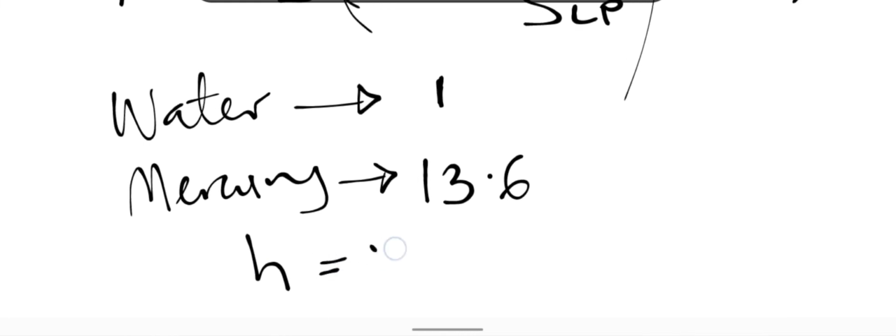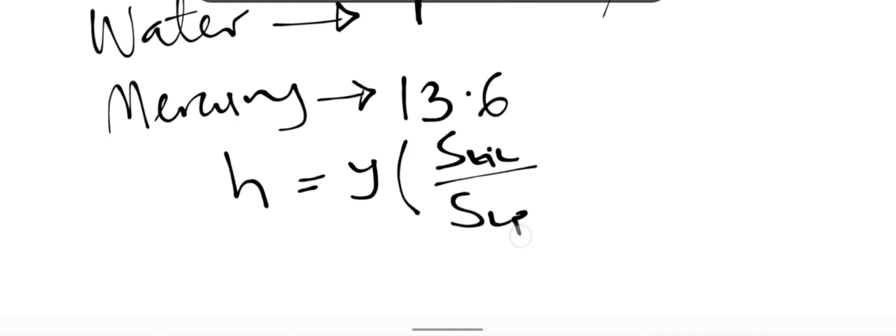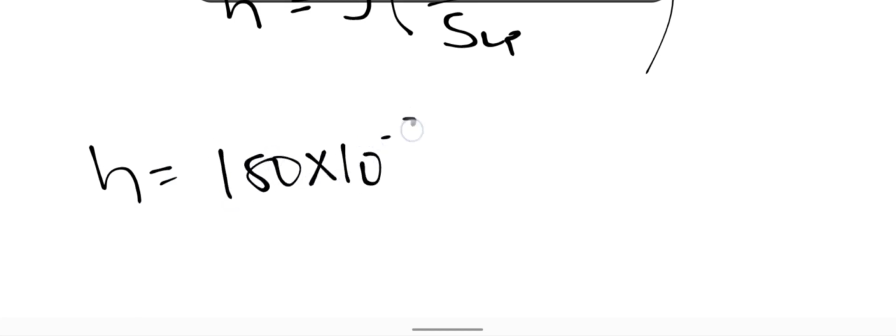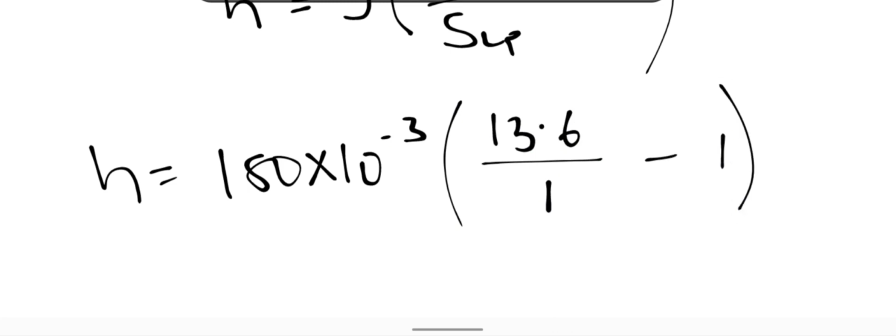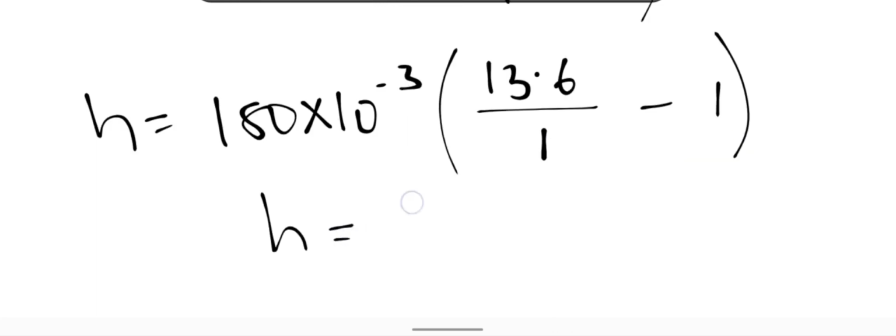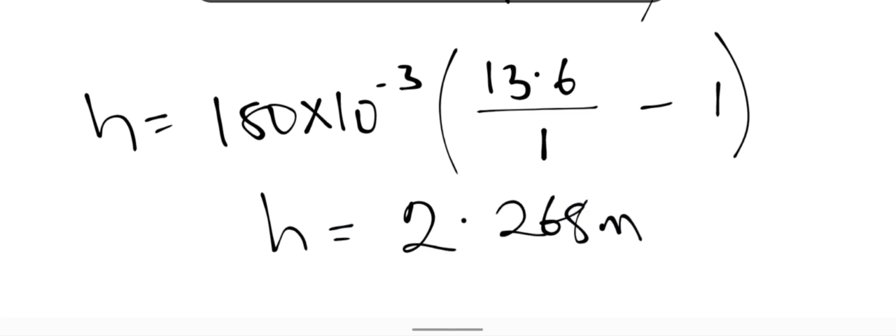H is equal to Y into SGL over SGP minus 1, which we are simply going to say H is equal to, we are given that Y is 180 millimeter, that's 180 times 10 to the power of minus 3, that's in meters, into 13.6 for the mercury over 1 for the water, minus 1, which when you press in your calculator, you'll see that the height, H, is equal to 2.268 meters. So we have everything now. All we need to do is just to insert them in the rate flow equation,